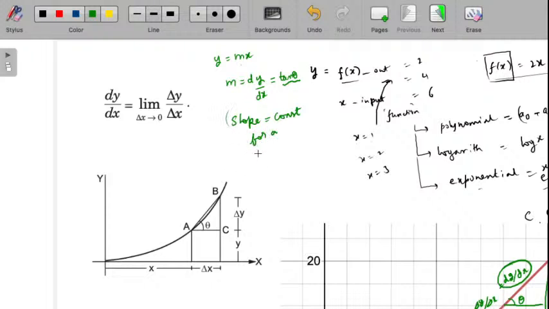Slope being constant for a straight line is something we all can very intuitively understand, because when a person is sliding down a slider, if the slope is constant, his rate would be more or less uniform. However, if you translate it to functions, you could say that for a linear function the slope is constant,